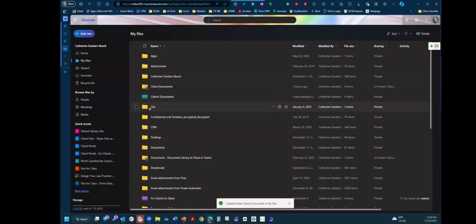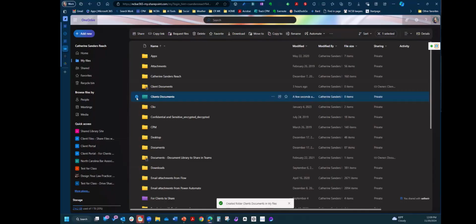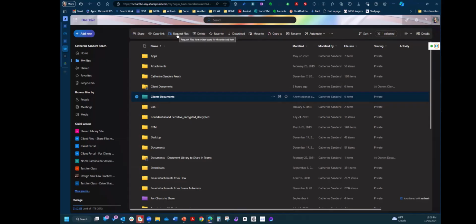So the next thing you want to do is select this folder. And when you select the folder, let me show you this again. So you're seeing my screen. Look at the top of the screen. When I select this folder, see how you get some new menu items? One of them is called request files. So I'm going to click on request files,